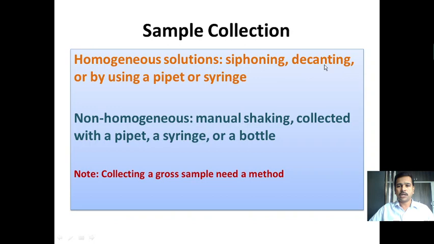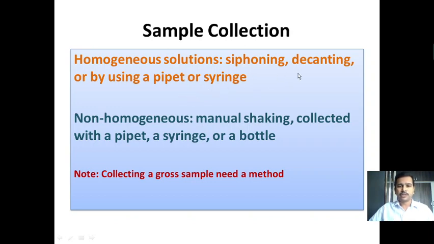If the solution has some undissolved particles, you can keep the sample aside for a particular interval of time, so that all those undissolved particles, which have higher mass, will settle at the bottom, and you can obtain the pure liquid by the decantation process. So decanting is more than enough. We can also collect the samples by using a pipette or syringe, provided the liquid sample is homogeneous in nature and does not have any suspended matter, undissolved matter or any sparingly soluble species.